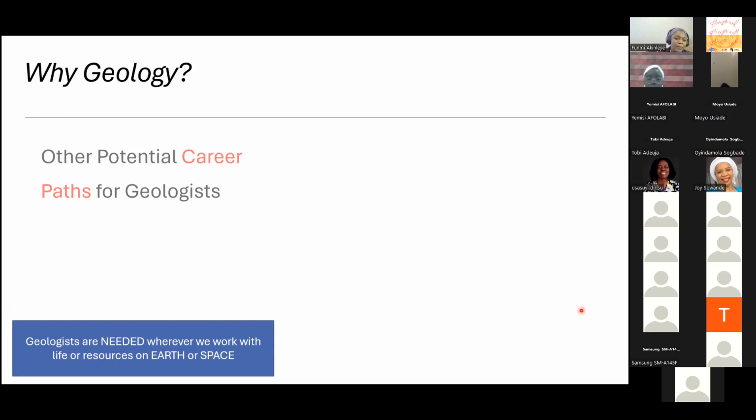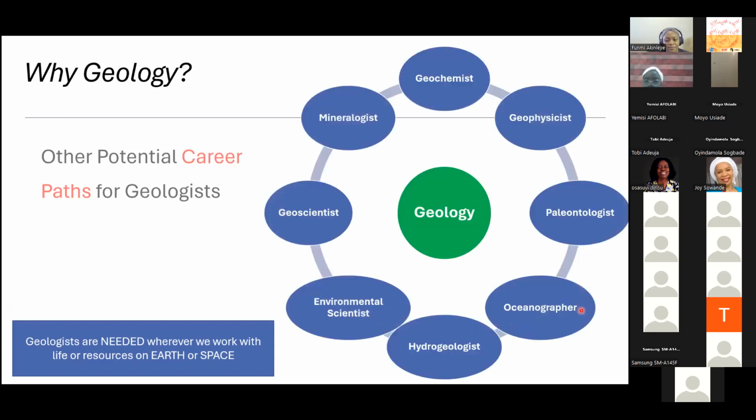So there are other potential paths for geologists. I know that I am specifically, oh, I didn't even put mine in here. I'm a geoscientist, I'm a mine geologist, so I'm specifically here. But there are lots of other career paths that geologists can take. You can choose to be a geochemist, a paleontologist, environmental. When you're in geology and you focus on being a geoscientist, if you choose to be a mineralogist tomorrow, you can switch because you already have the basic knowledge. If you want to move into environment tomorrow, it's not so hard because the most important thing is understanding the basics and the sky is the limit from there.